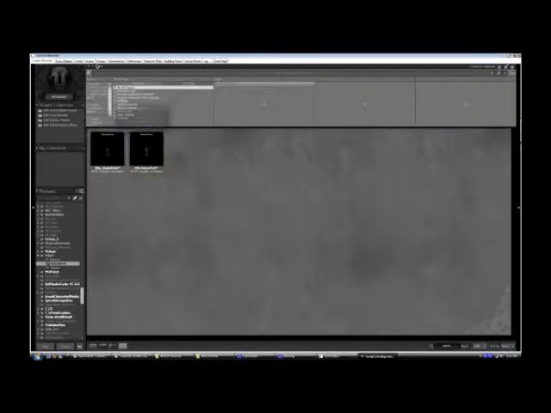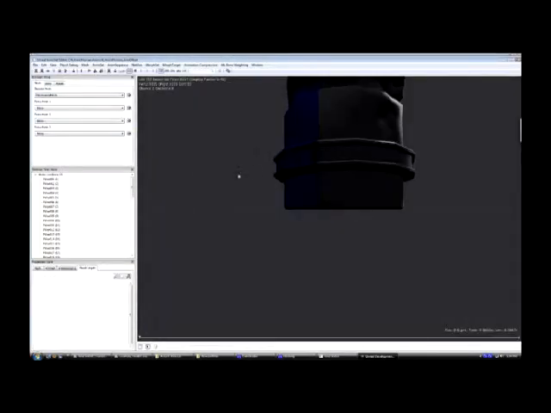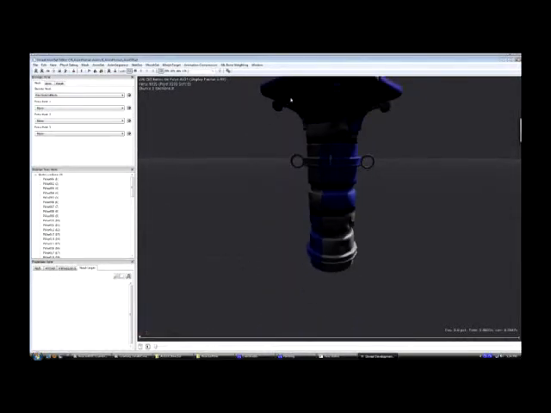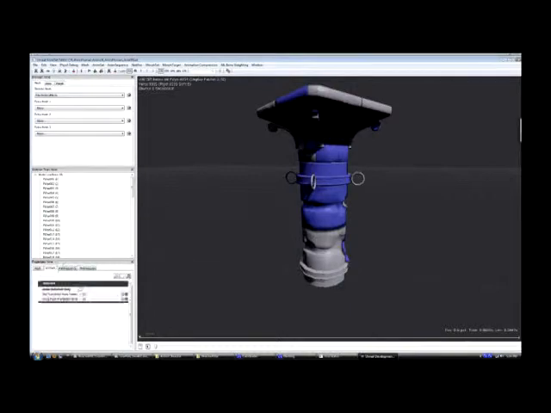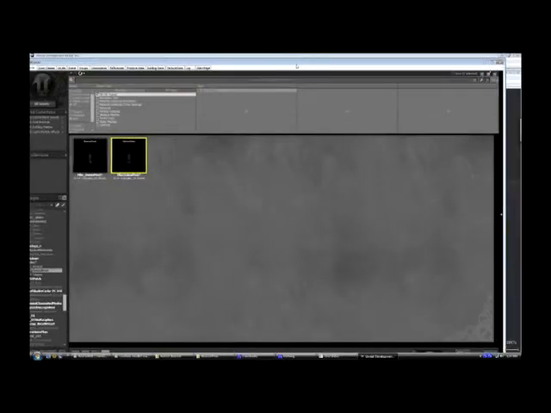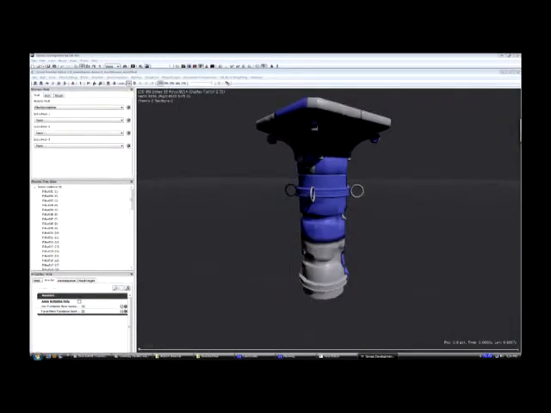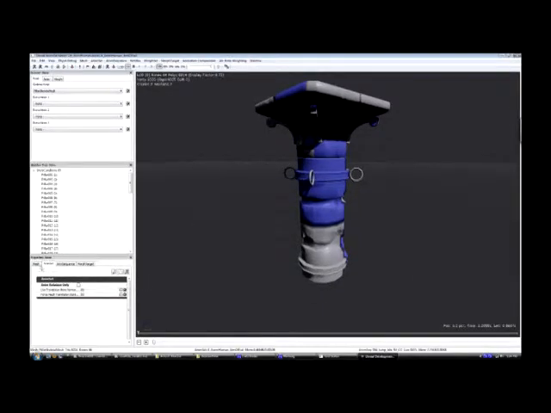So once I import my skeletal mesh, it shows up over here. I'll double click on it to bring it up. Let's see. I'm going to move my content browser out of the way so I can do this faster. Okay, I open up my skeletal mesh, and right here under the mesh tab, you're going to see two material